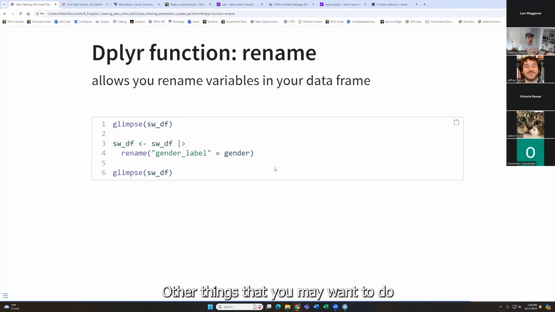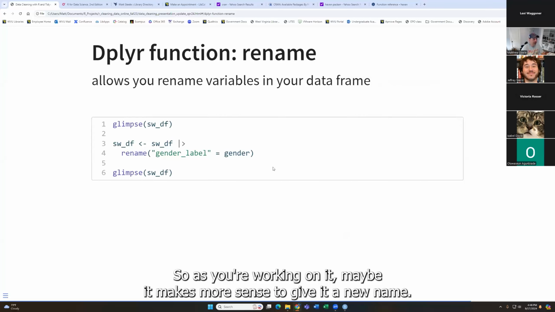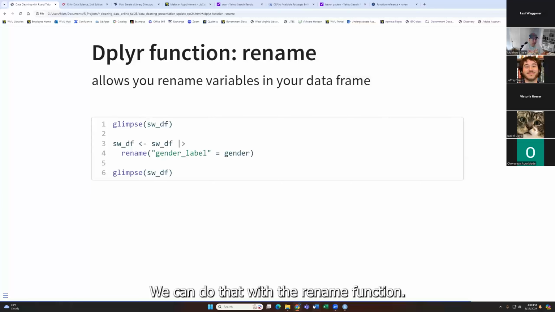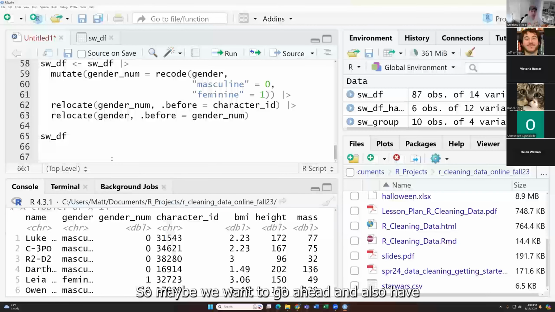Other things that you may want to do too is rename your variables within your data frame. So as you're working on it, maybe it makes more sense to give it a new name. We can do that with the rename function. So right now this is just called gender, but we have a gender numerical. So maybe we want to go ahead and also have